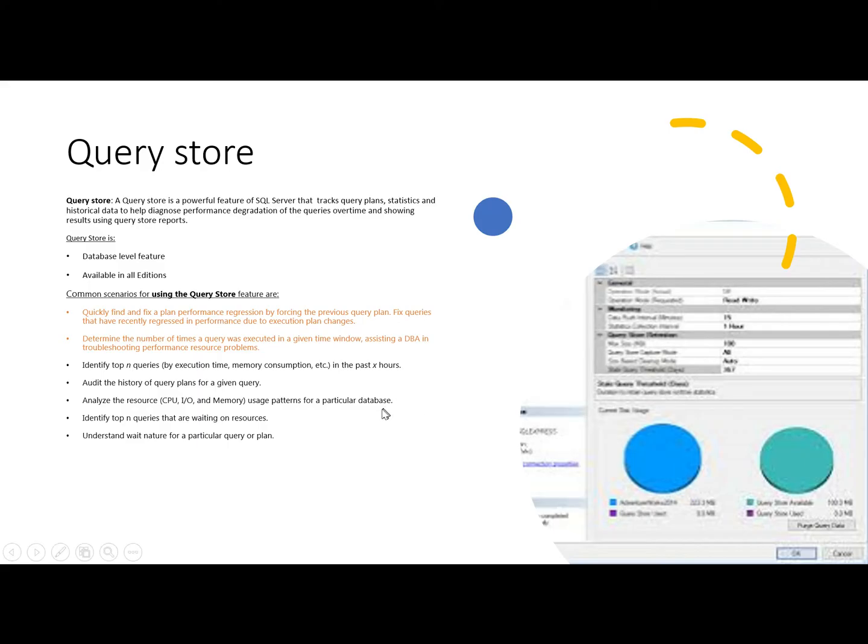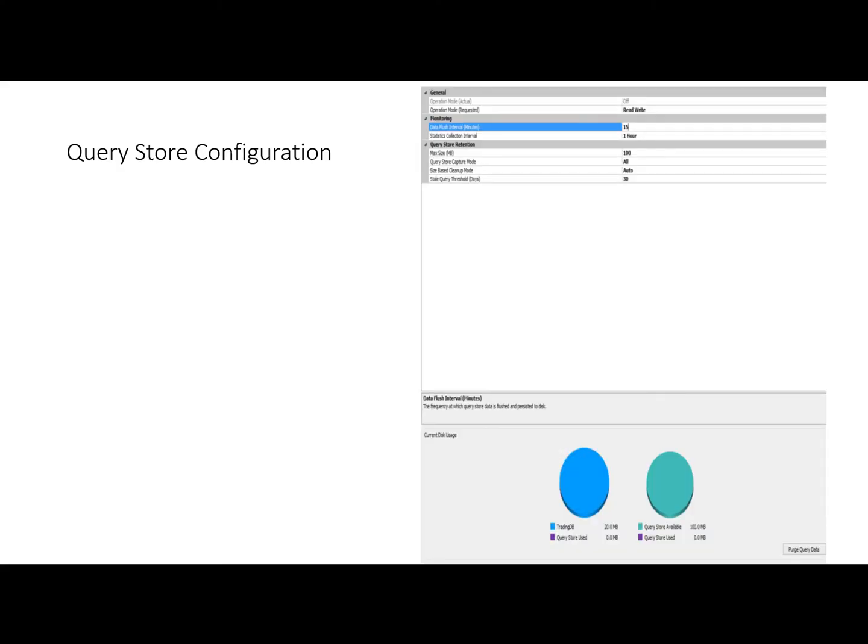This is a very powerful feature, because checking resource consumption per database was very difficult before Query Store was introduced. We can identify the top queries that are waiting for resources, and we can also find the wait nature. So it's a very powerful feature which helps DBAs to monitor performance and troubleshoot performance issues.